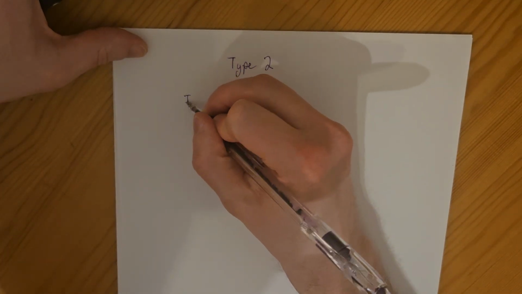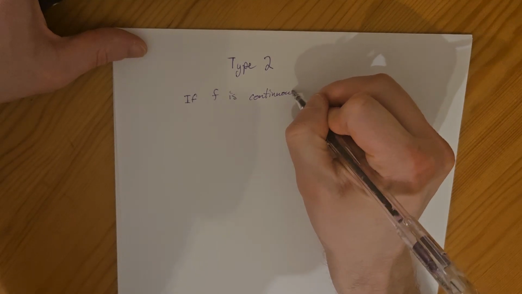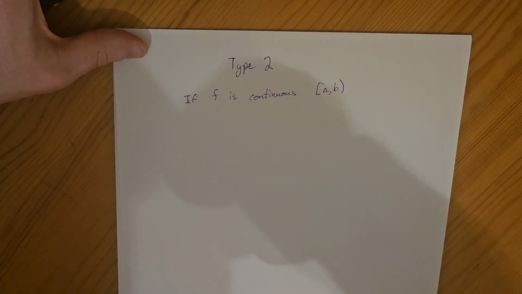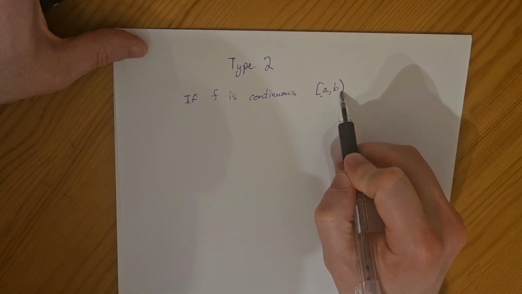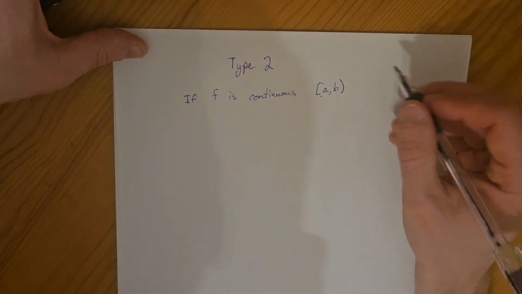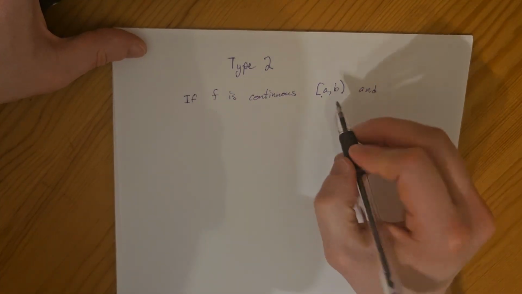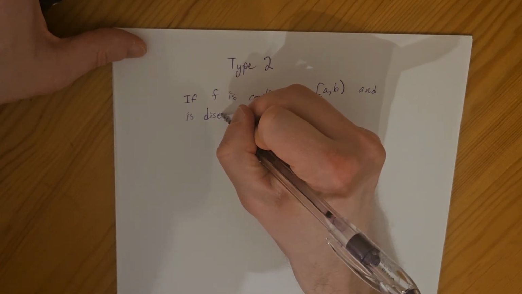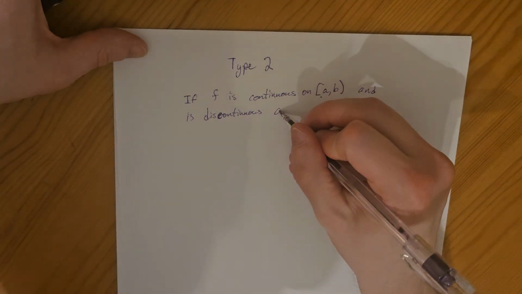So, if f is continuous on some interval a to b, where we include a on one side, and it's an open interval on the side with b in it. So we're going to have our asymptote at b here. If f is continuous on this interval and is discontinuous at b,